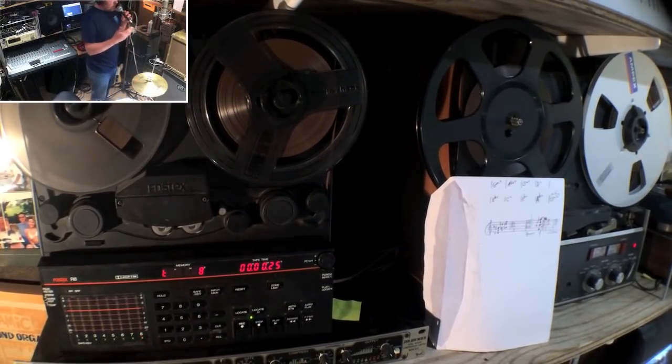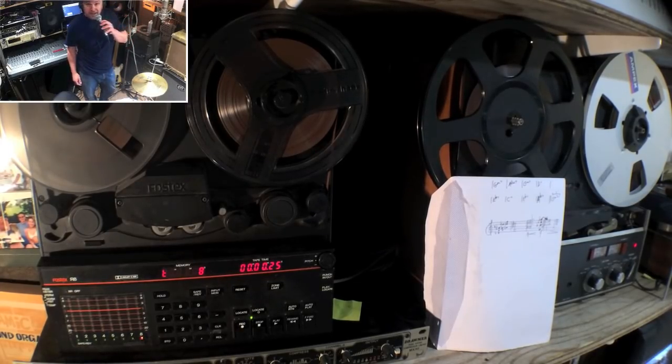So this is just an example. It's just 8 bars and, I didn't sing that very well. I could go back and do it again, but the process is the same. Now, if I wanted to, I could mix this. I could do another mix of this back onto my ReVox machine, and I could come back in and put some other sound effects or other guitars or a solo over the top. You can keep repeating the process, but be aware that, of course, every time you do it, you lose a